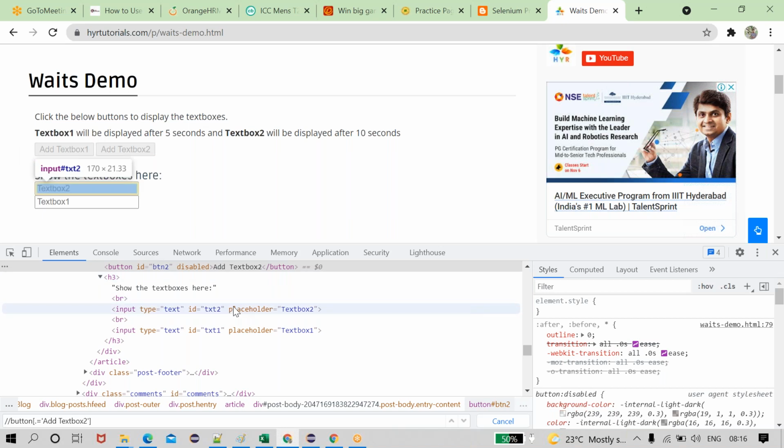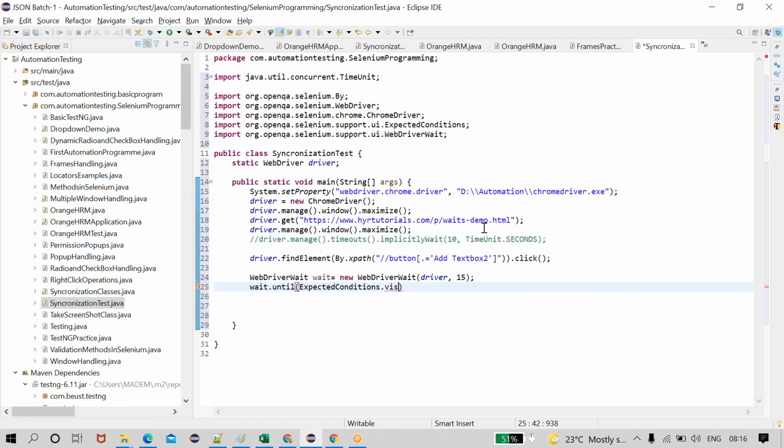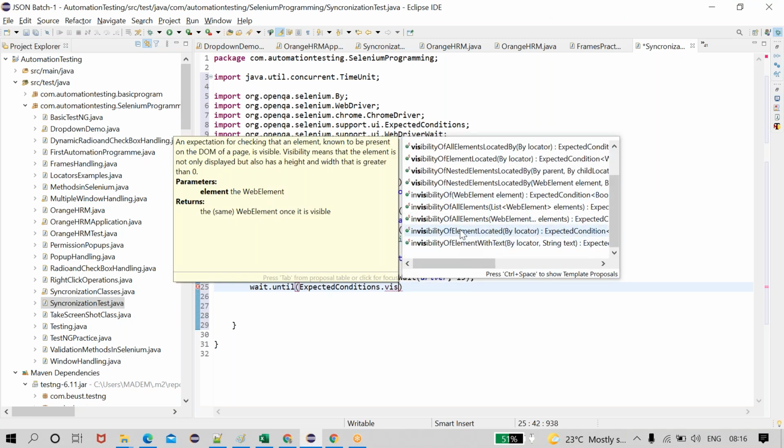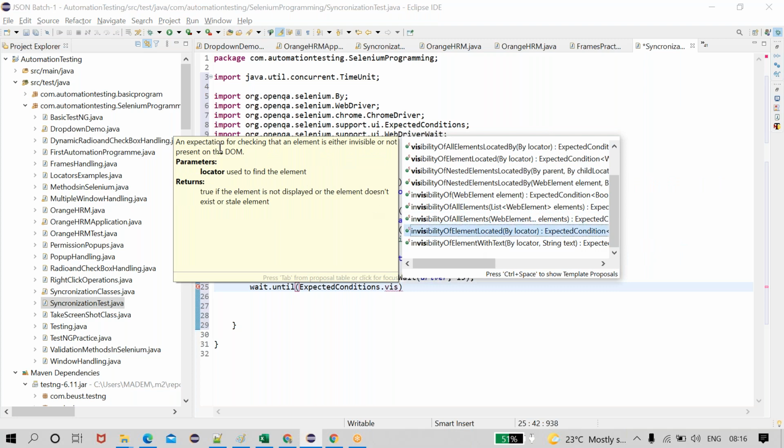So that is the reason we failed, unable to find this element. So I am using this method, visibilityOfElementLocated by. See, it is an expectation for checking that the element is present in the DOM page and visible.